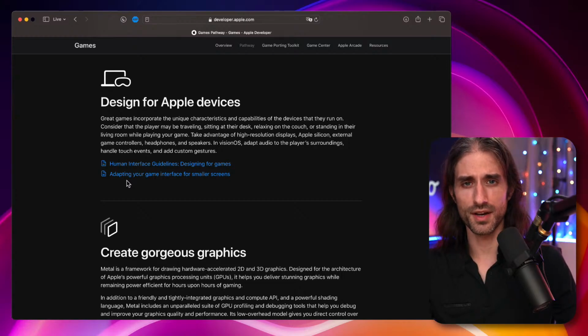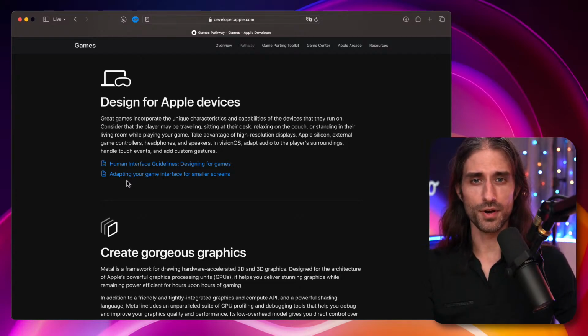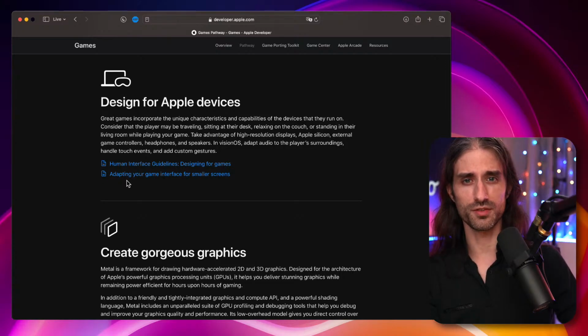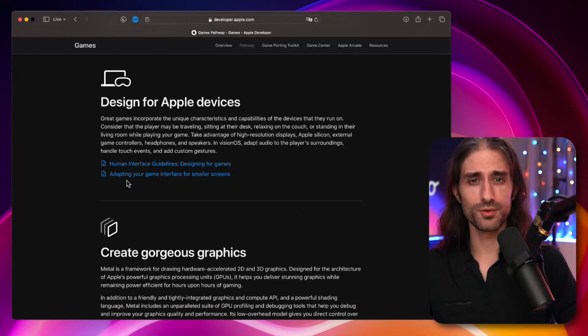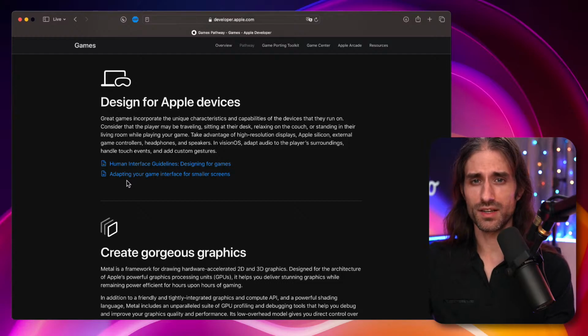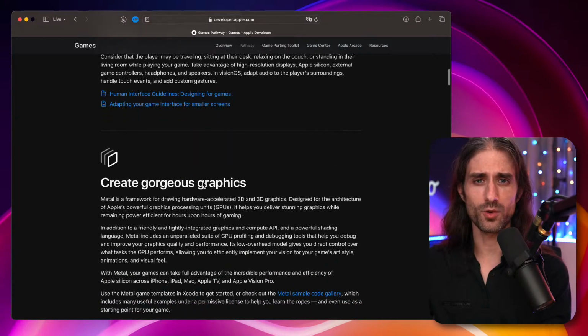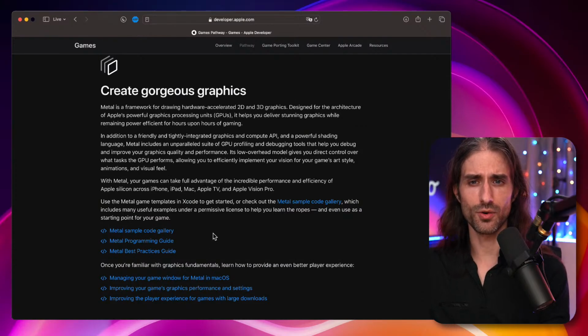I can give an example. If anyone has tried to play The Witcher 3 on the Switch, because they ported it to the Switch and it's a decent port, but the UI feels so crowded because it was meant for a PC monitor or a TV and not the small screen of the Switch. It didn't feel like a great interface when I tried it on the Switch, and then when I played it on a PC on my TV, it felt much more natural. So it's something that you definitely don't want to skip. Otherwise, it can make your game feel very clunky and not agreeable to play at all.